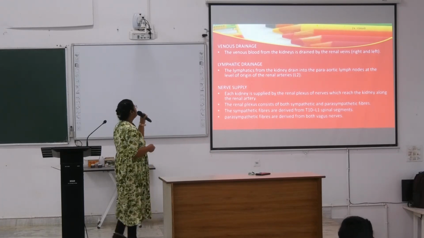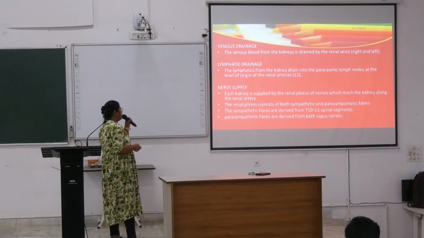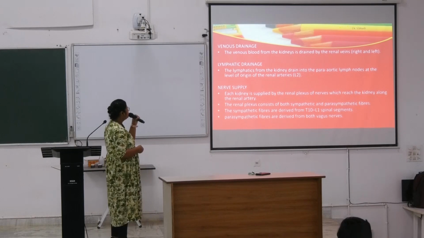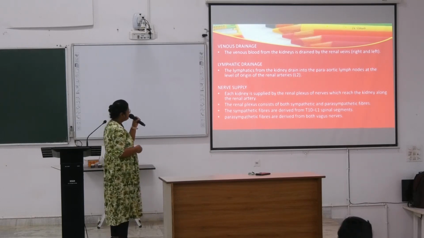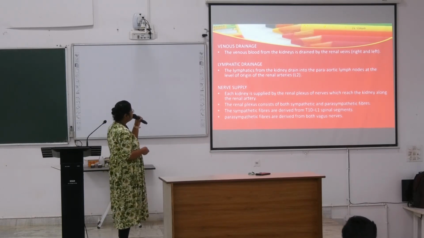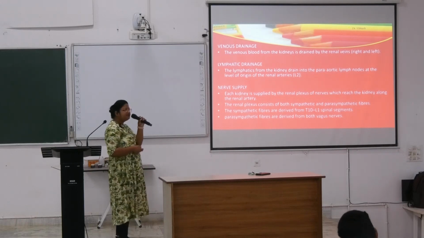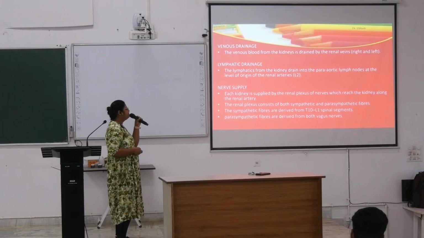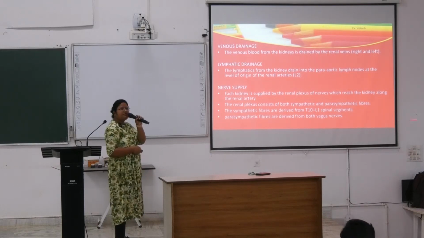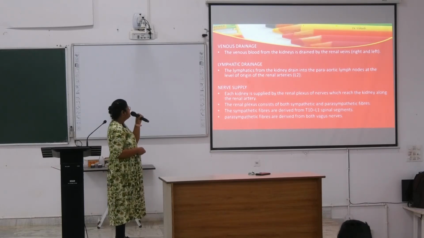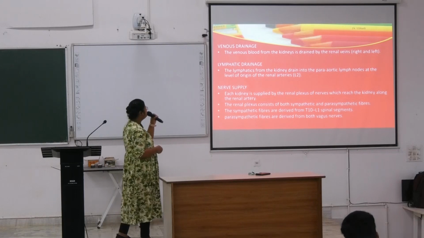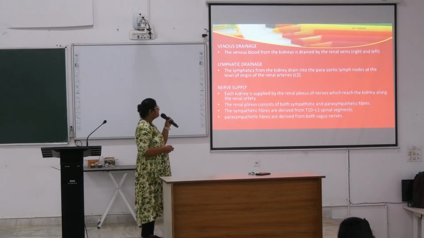Okay, L2. Nerve supply. The kidney is supplied by the renal plexus of nerves which reach the kidney along the renal artery. And the renal plexus consists of both the sympathetic and parasympathetic fibers. And the sympathetic fibers are derived from T10 to L1 spinal segments, and parasympathetic fibers are derived from both the vagus nerves. Okay, so these are forming the nerve supply of kidney. Next,